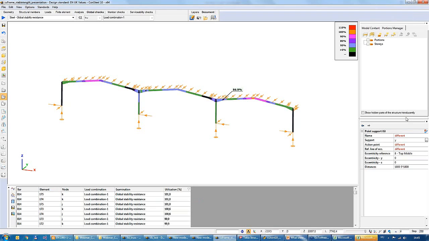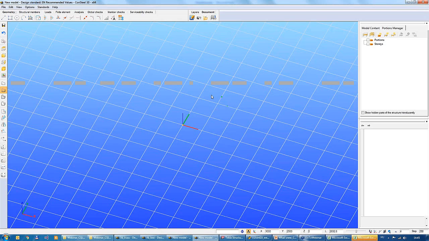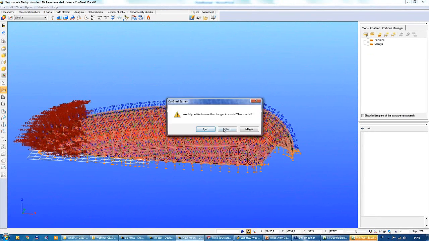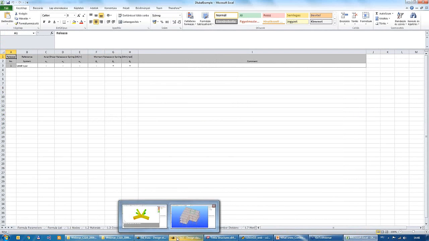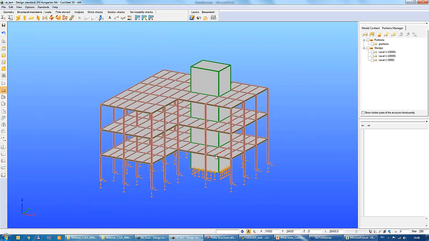Okay, thank you, Roland. Let's continue with the long-awaited structural grid function. To introduce the new function, I have created a multi-story building. I'm just closing unnecessary models. So I have created a multi-story building to introduce the